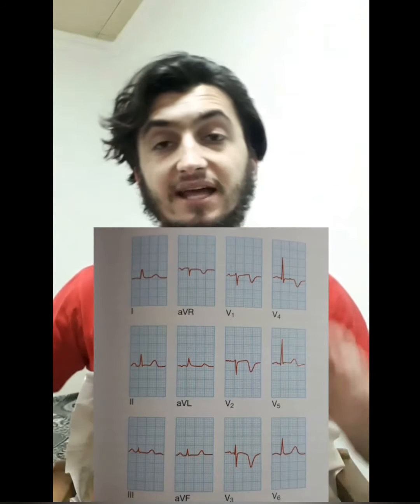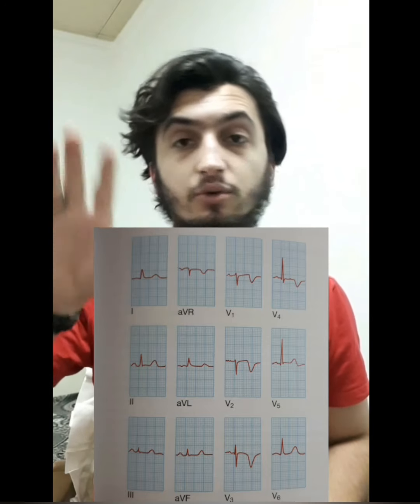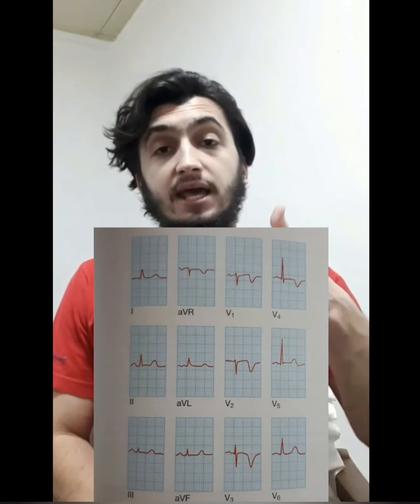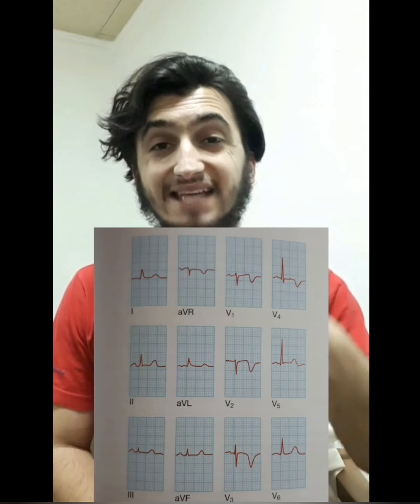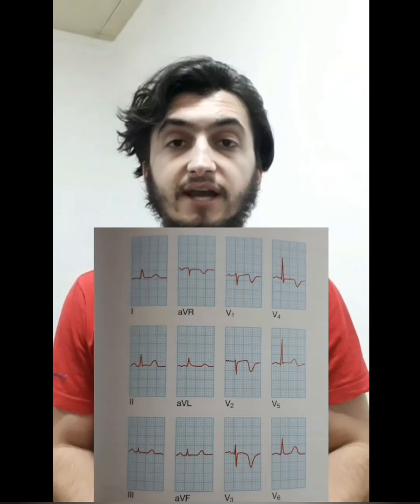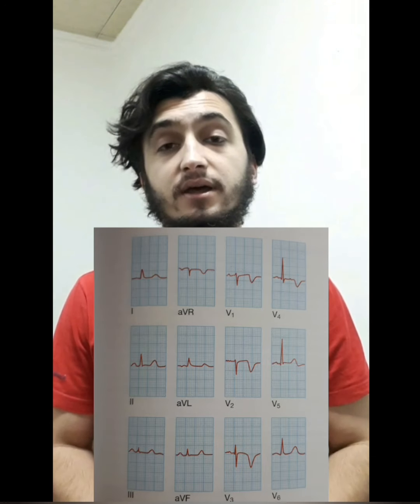Well, in non-ST segment elevation acute coronary syndrome, there is partial occlusion of a major vessel or complete occlusion of a minor vessel, causing unstable angina or partial thickness MI, what you call subendocardial. This is usually associated with ST segment depression, and T wave changes in the presence of infarction may be accompanied by some loss of R wave and absence of Q wave.